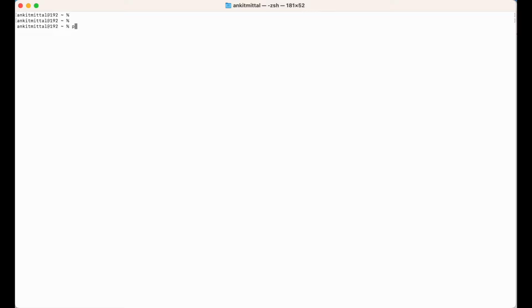So first I will create the virtual environment. So I will say Python 3. So before that I will go to the location where I want to create that virtual environment. So I want to create this in the downloads folder. So I will go inside the downloads, and here I will run the command python3 -m venv and the virtual environment name. So let's say we want to create the environment with the name dlib install.